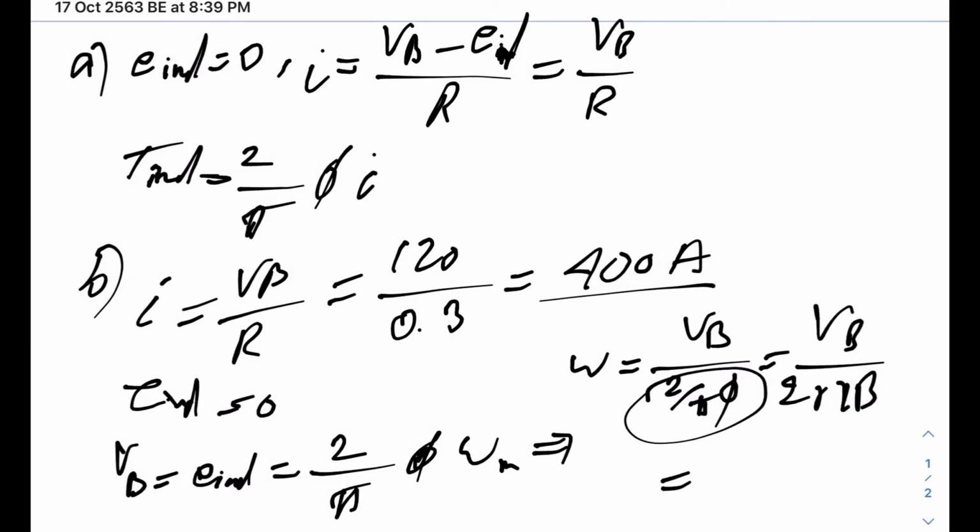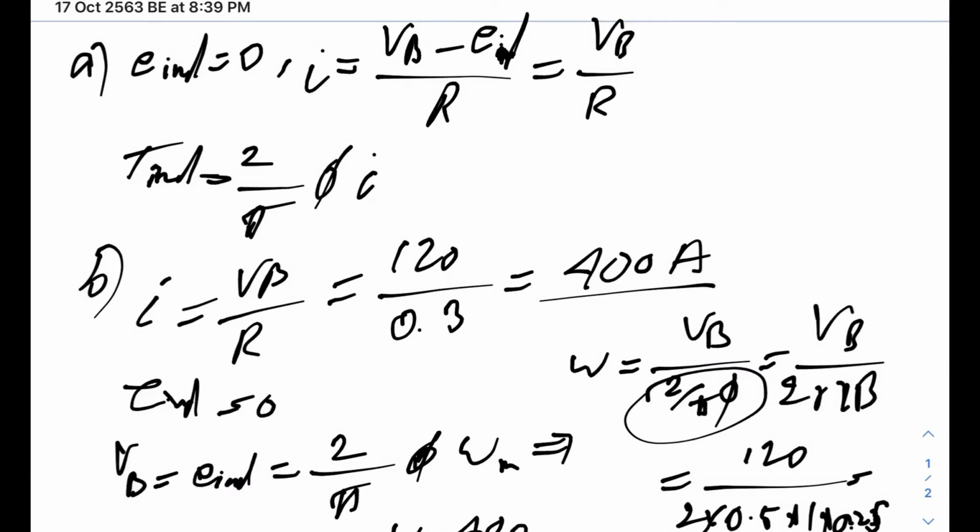Now substitute the values here: 120 over 2 times 0.5 times 1 times 0.25 Tesla. The answer would be omega equals